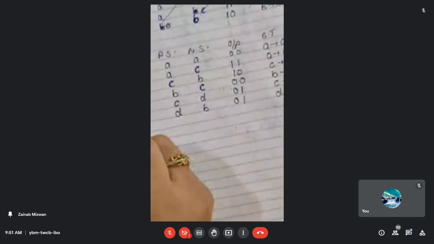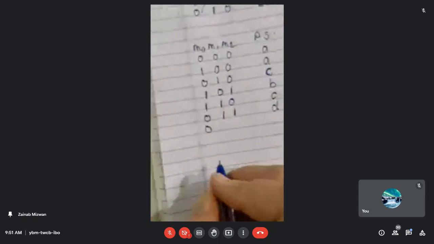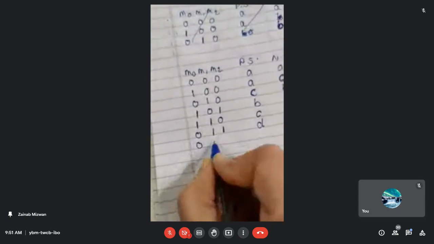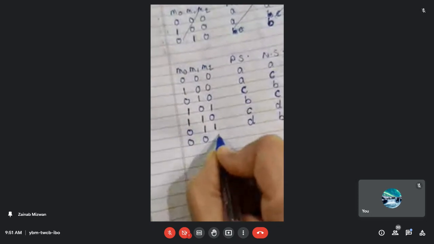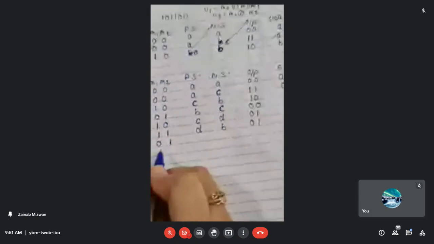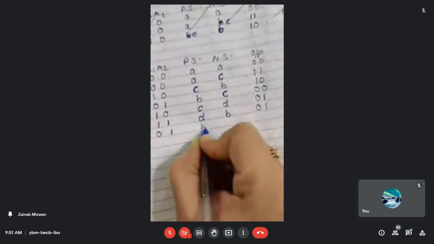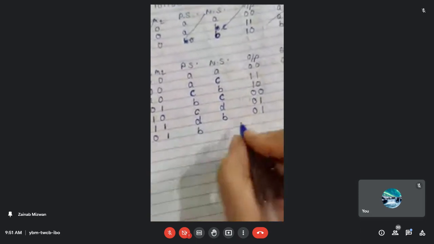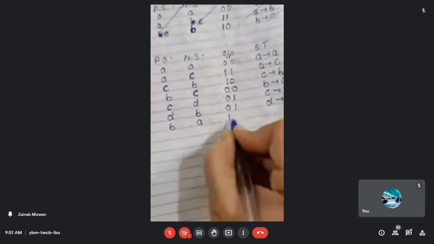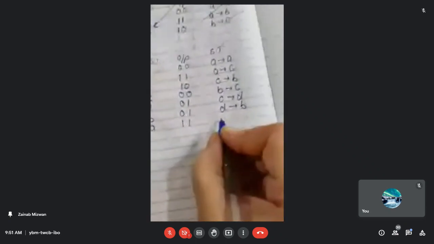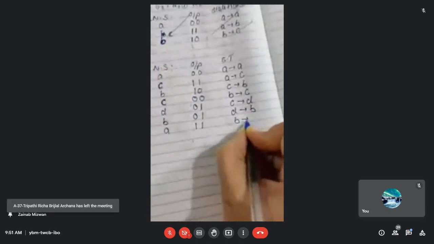Now coming to the last input, that is your input is 0. So again this 0 will be shifted over here, and here what we are going to have is the 1 over here. So 0, 1. 0, 1 is again nothing but the B, and then the next state will be A over here. From B to A. What about the output? Output will be 1, 1 over here. And then we are having from the B to A.